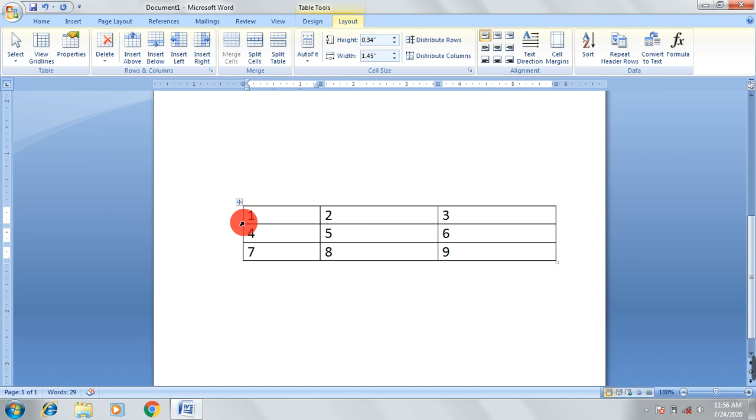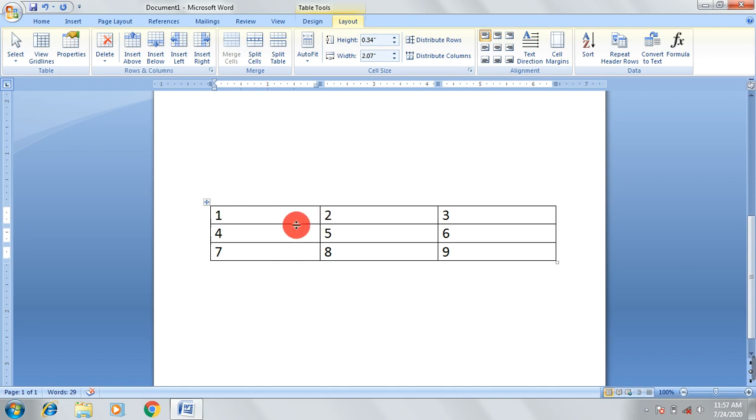Now you can see this first column has less width than before, and if you drag it to the left side, you can see it has more width. So this is how you can adjust the width of your column. Anywhere you can bring your pointer to the edge of the column and just drag it left or right.